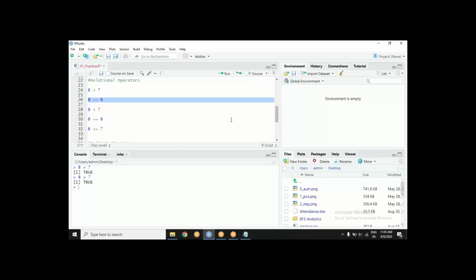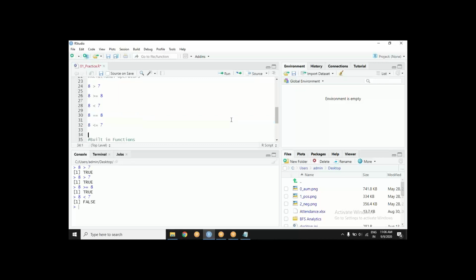Is 8 greater than or equal to 8? Yes, it is at least equal to. So true. Is 8 less than 7? It says false. Now this one compares whether they are exactly equal. So the double equal to sign means that comparison. It compares whether the left hand side is exactly equal to the right hand side. So I am asking whether 8 is exactly equal to 8. What should be the answer? Well, as it happens, it is true.